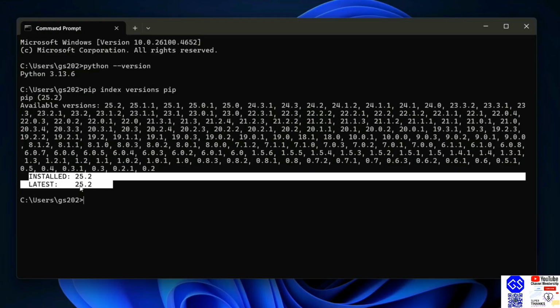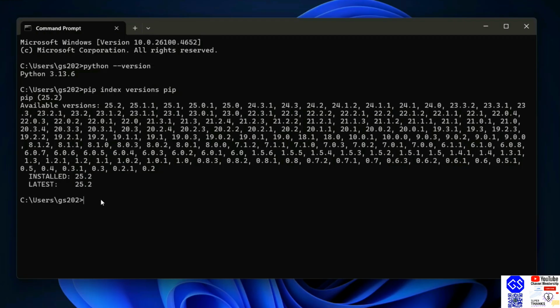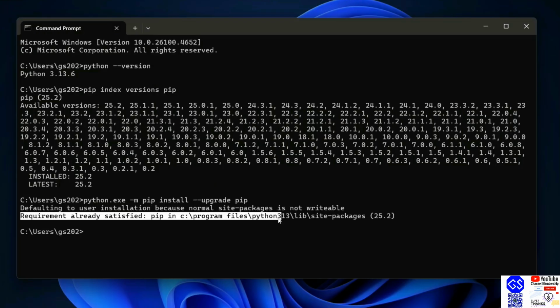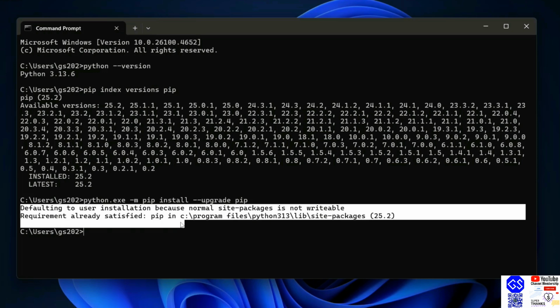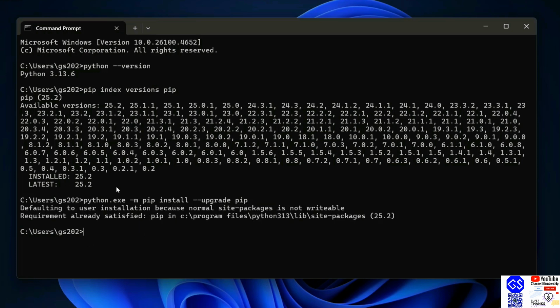If you don't have the latest version of pip, you need to run this command: python.exe -m pip install --upgrade pip. Hit enter. In my case, requirement is already satisfied because I already have the latest version of pip. In your case, it might require downloading and upgrading your pip. So once you have the latest version of Python and the latest version of pip, now it's time to install any Python